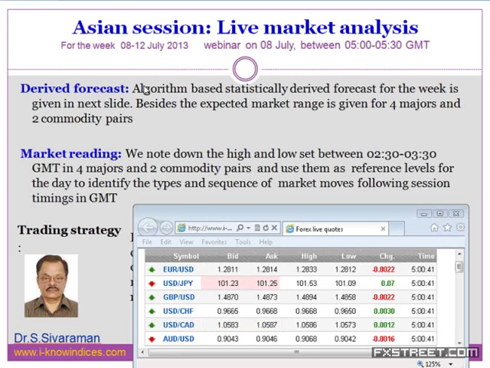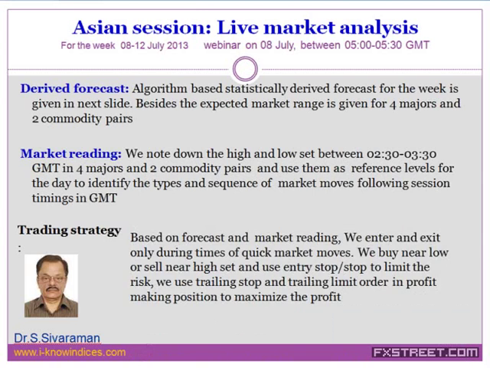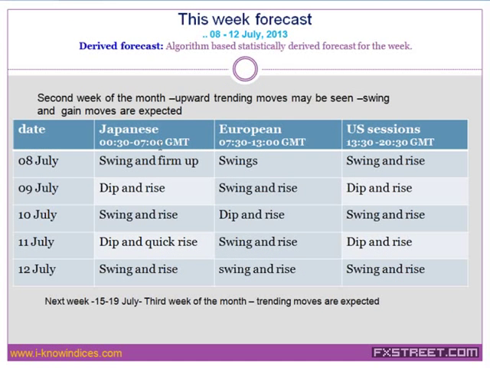So let me explain the derived forecast. It is derived statistically and the forecast is given in the next page, and you will be able to see the expected market moves for 3 different sessions for this particular week, 8th to 12th of July, and it is the second week of the month. So upward trending move is expected, and last week that was the